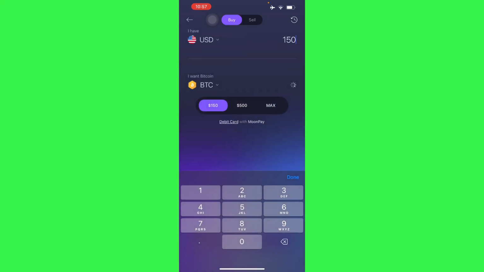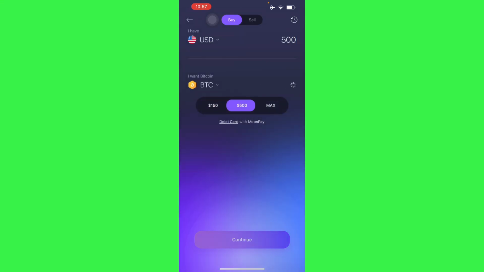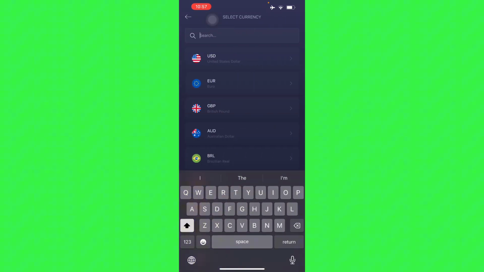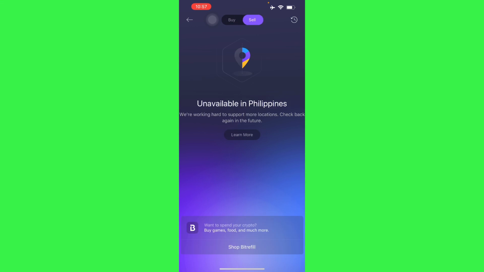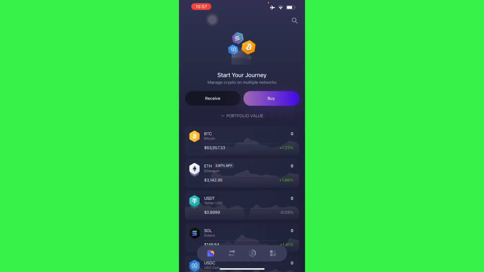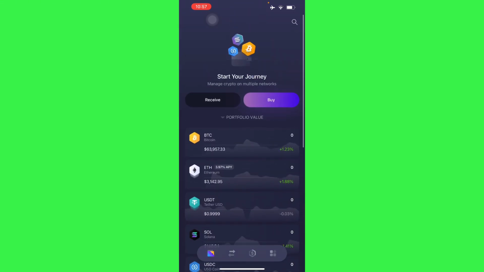Here you can also buy and you can start with doing the max and minimum for your own currency. You have your euros, you have your Great British pounds, and you have very much more. You can also sell, but it's unavailable in my country unfortunately. So there are a lot of features you can do